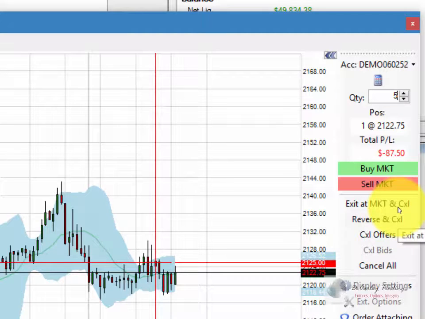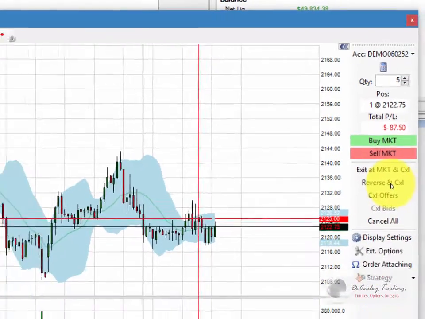You'll notice there's also an exit at market and cancel. If you hit that button, it will cancel all of your working orders and exit the current position at the market price. You can also reverse and cancel. I'm not necessarily a big fan of that button, but it is what it is. I know some traders like it. If you reverse and cancel, it'll cancel all of your working orders, and it'll actually bring you from being long to short or vice